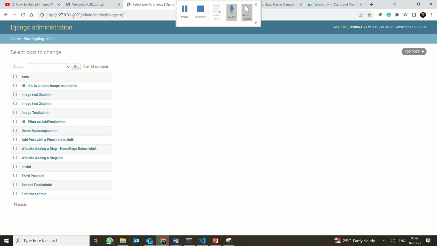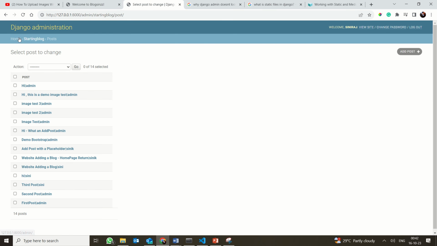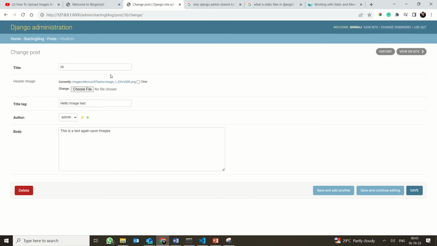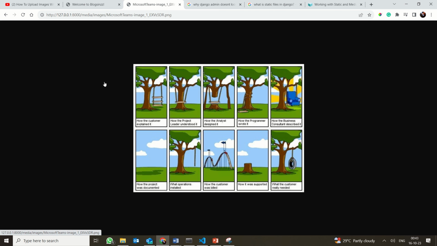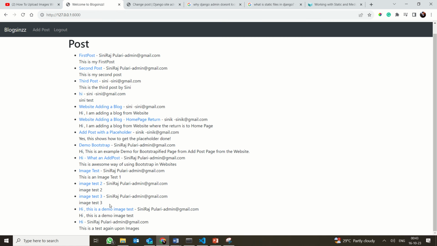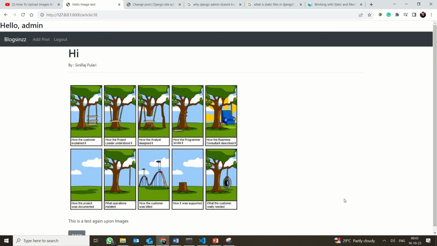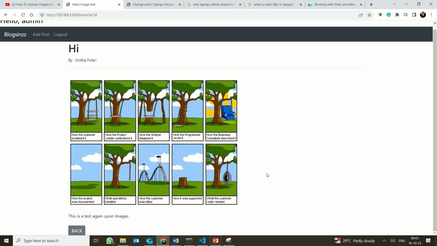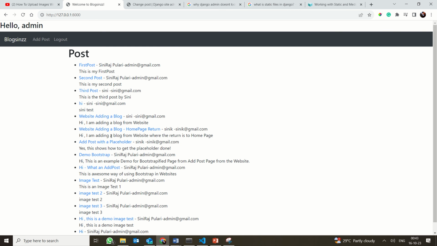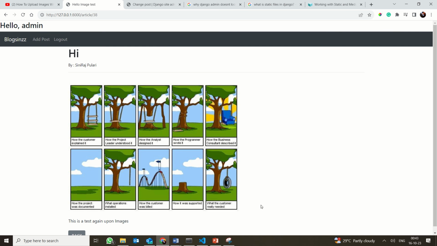Now when you go to the Django page, this is the Django admin page, right? In the Django admin page, when you go to the post, you could see that this image address is seen here, right? When you click here, this is the page. It is seen there. Now when you go back here and click on this page, this is the article detail page. Yes, you can see the image, and this is the test upon the images, and the back button will also work, right? So this is an example for you to understand how to upload images